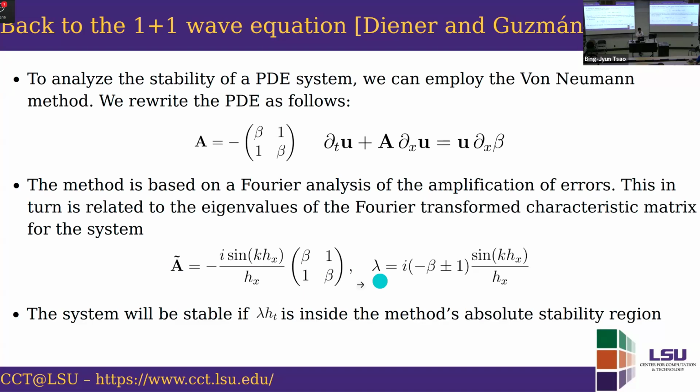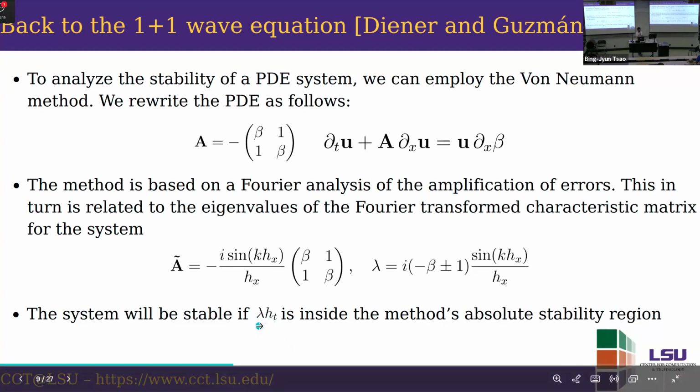So in this case, we have purely imaginary eigenvalues for the Fourier transformed characteristic matrix, and the system will be stable if the product of these eigenvalues and the time step that we're taking is inside the absolute stability